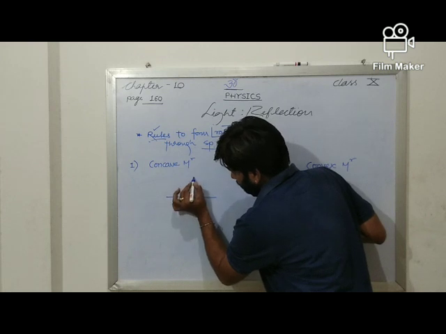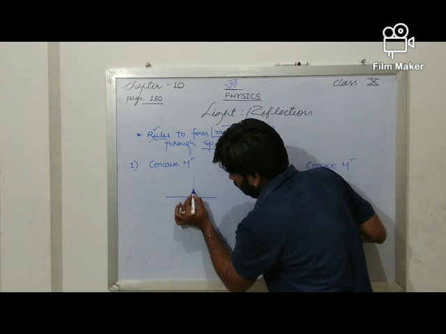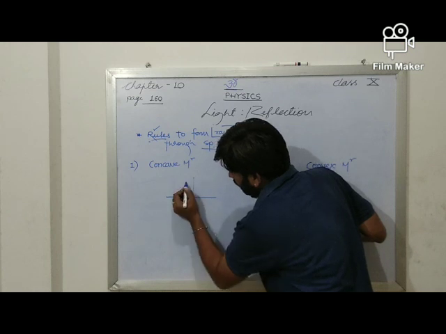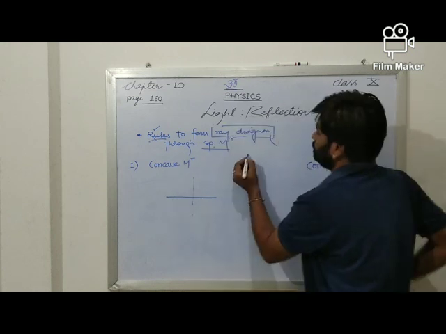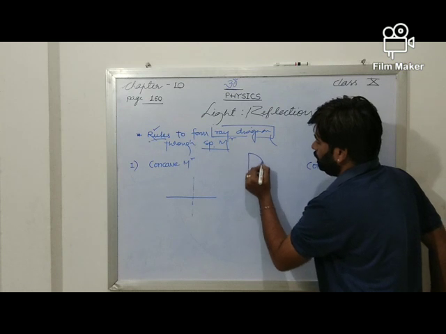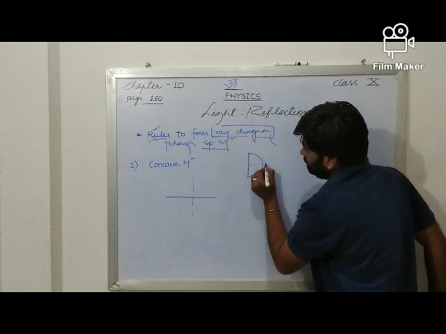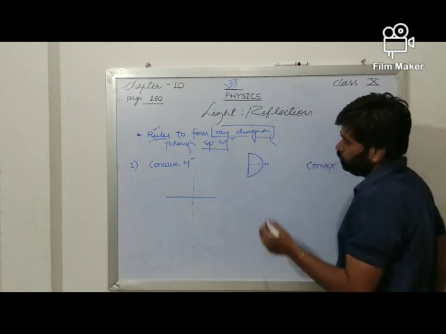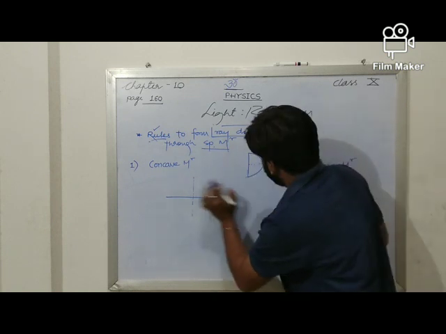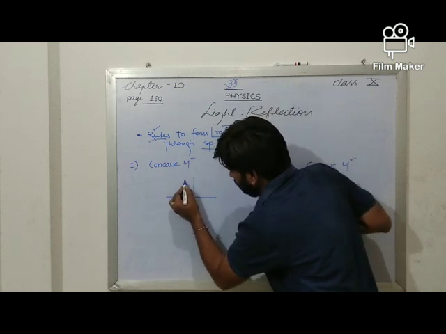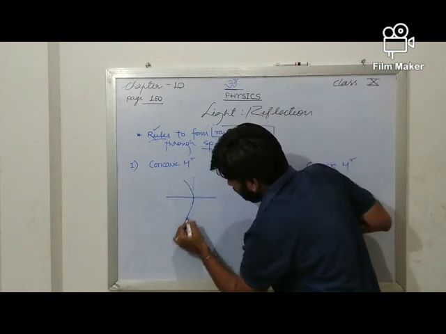After that, we will draw a normal, and then through a D. Yes, you have a D in your compass box. This is just like this. Here there is 90 degree. So you may do it through this particular D. If it is a concave mirror, then we may draw it like this.